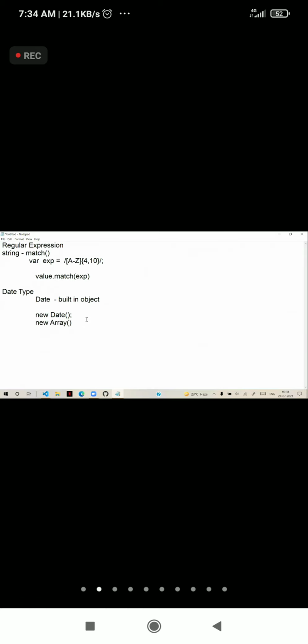Similarly, all date-related methods are loaded into memory by using the Date constructor. So in order to store a date in memory, you have to allocate date-type memory, which we do by using the Date constructor, new Date.